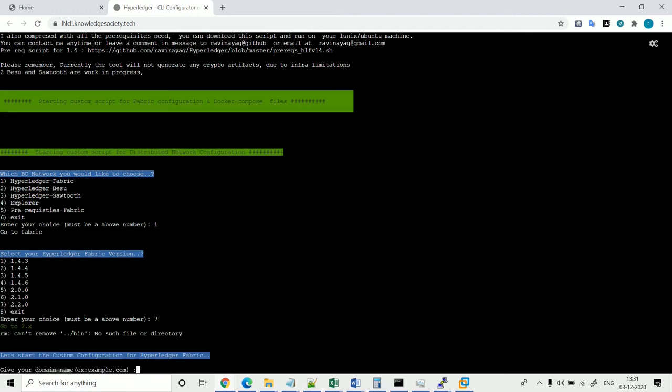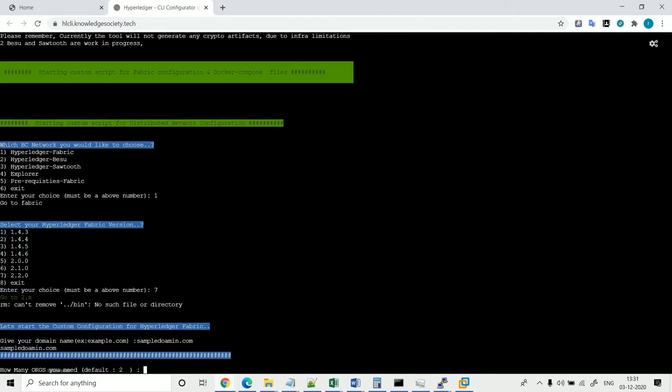pods. Okay, right. Now let's select Hyperledger Fabric, number 1, and I have a choice from 1.4.3 to 2.2.0. However, I'm going with the latest one, which is 2.2, and it is asking me for the custom configuration of Hyperledger, so I can provide my demo values. I'm going to say a sample domain, sampledomain.com,